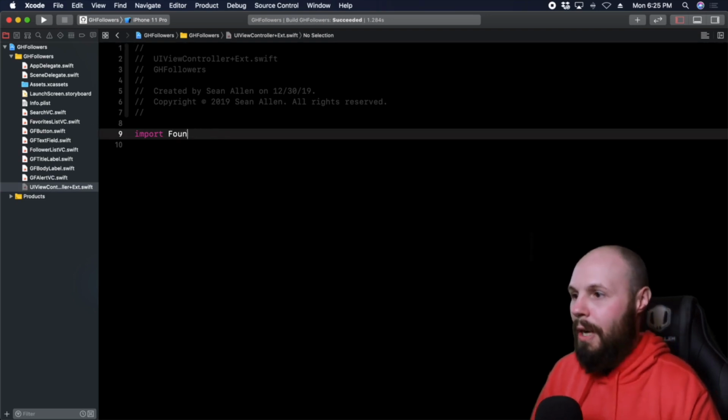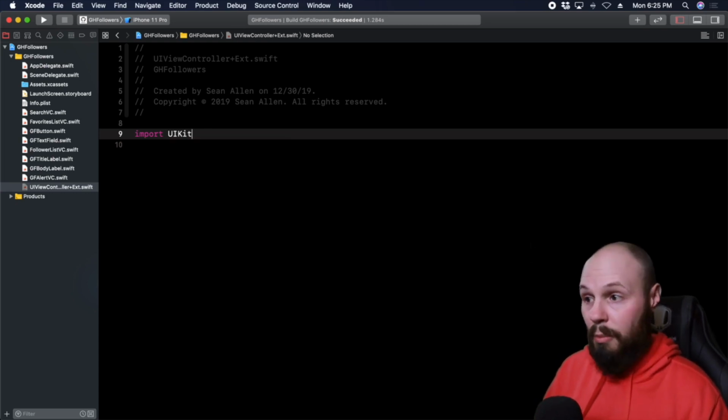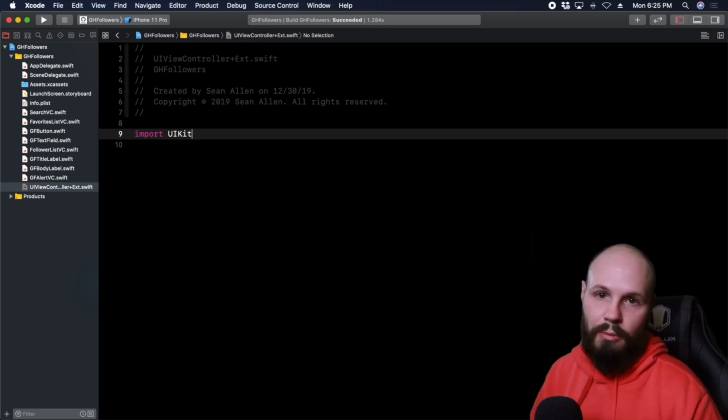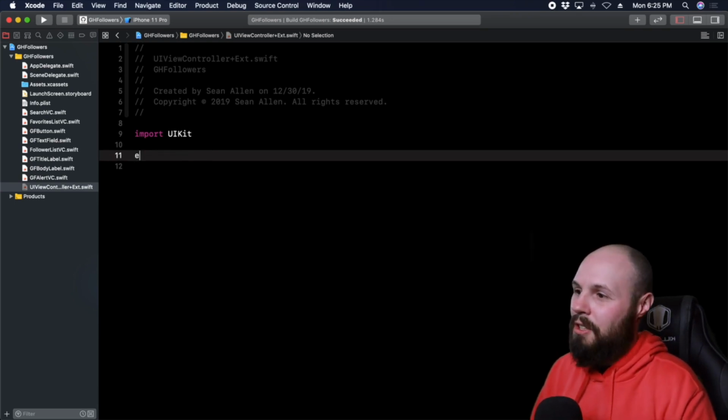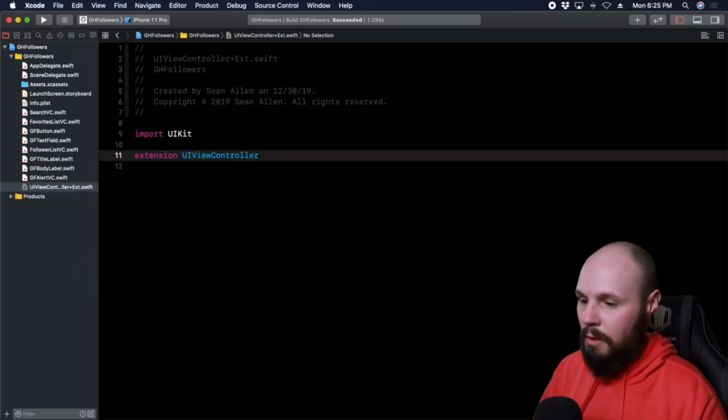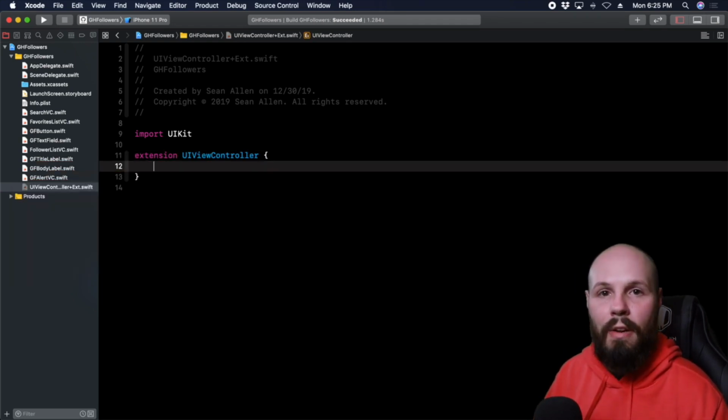So we're going to import UIKit. And by the way, importing UIKit also imports Foundation. So if you find yourself importing Foundation and UIKit, it's redundant. I used to do that all the time. So now we want to do an extension on UIViewController. So we'll create that. And now we're going to put in the behavior to